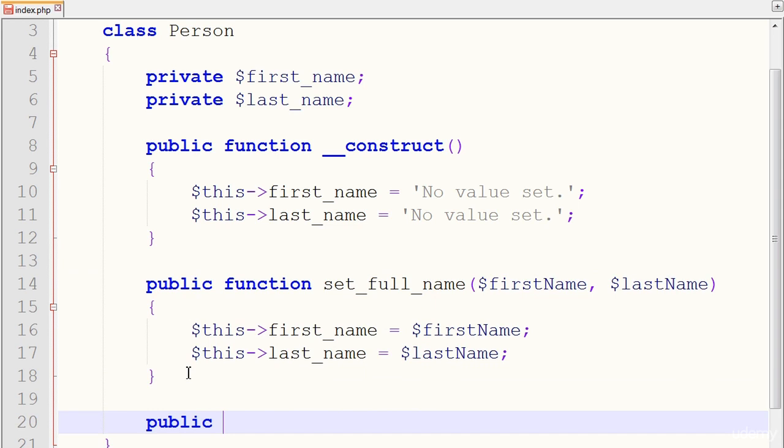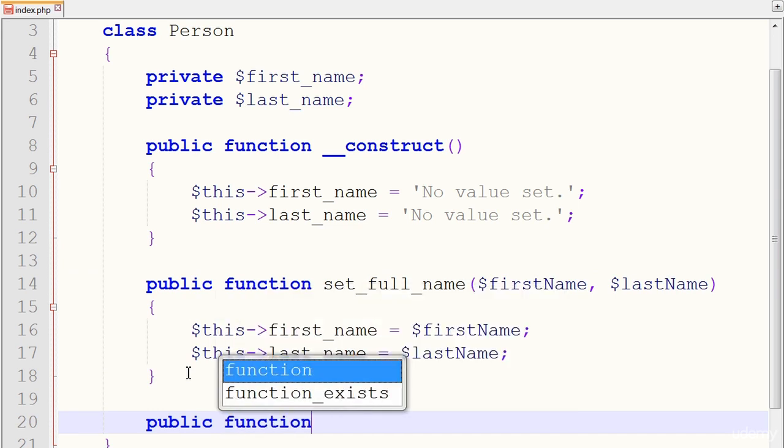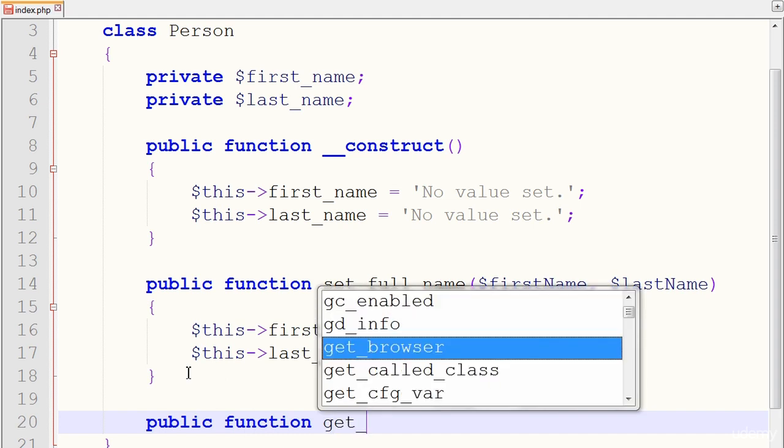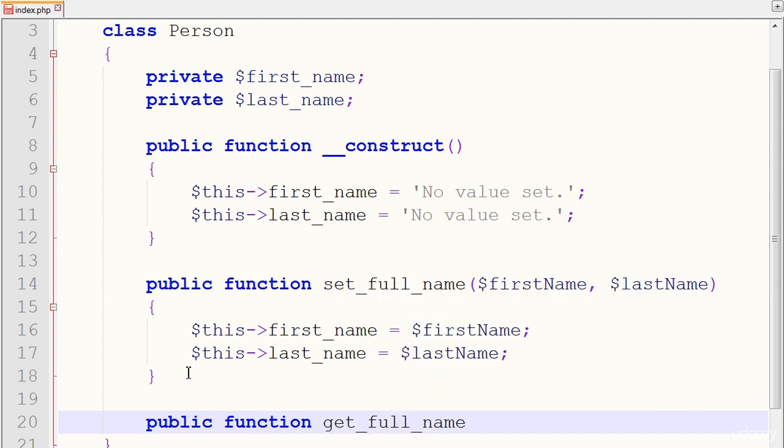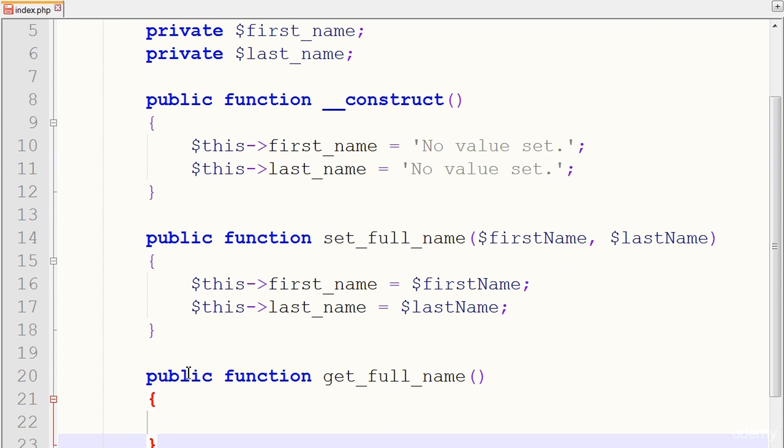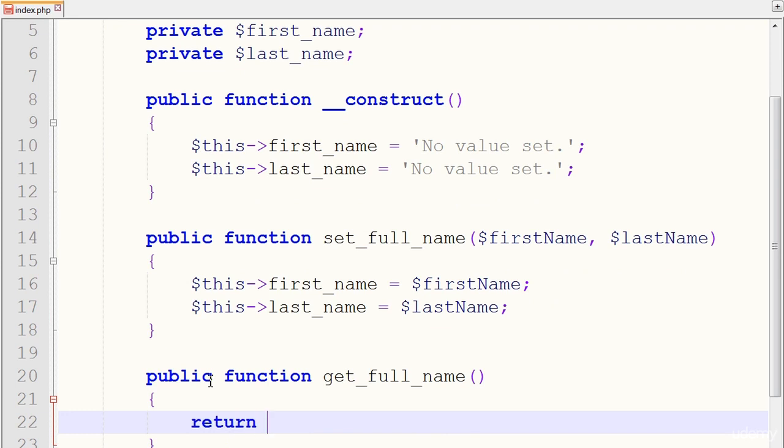If we want to access and see what those values are, we can just make a public function, and we'll use a get full name now. So public function get full name. So again, we have a set full name and get full name. So we can modify the attributes with our set full name method, and we can get the full name. I'll use the return PHP keyword, and again, the return PHP keyword just returns some information that we give it. Let's return this first name